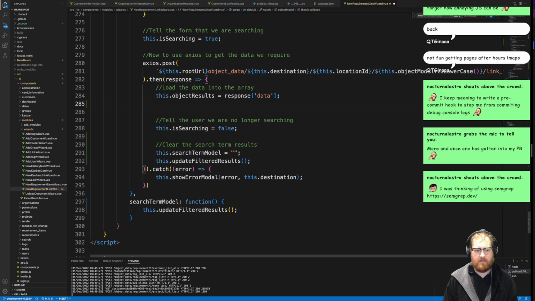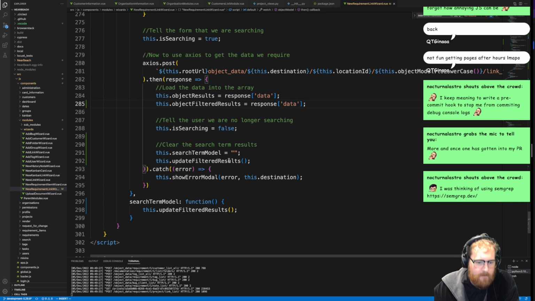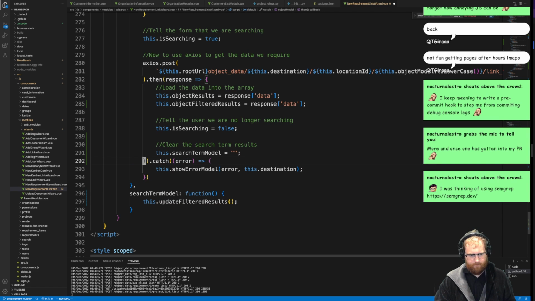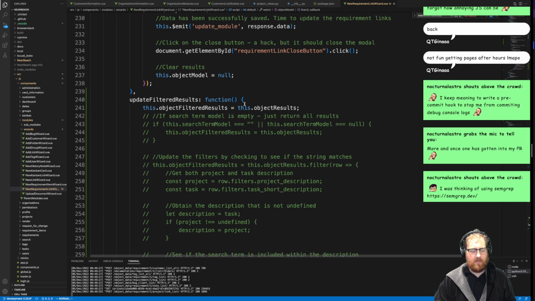In fact, I can just do that here. And then I don't need this line of code. And then if I keep that out,